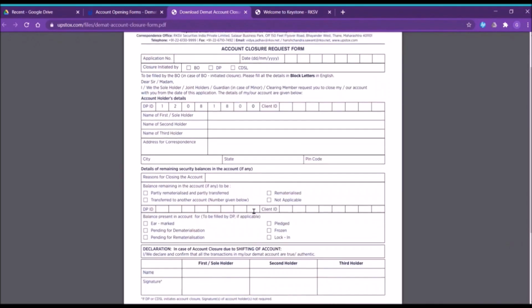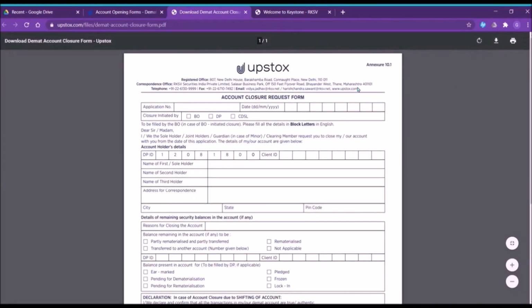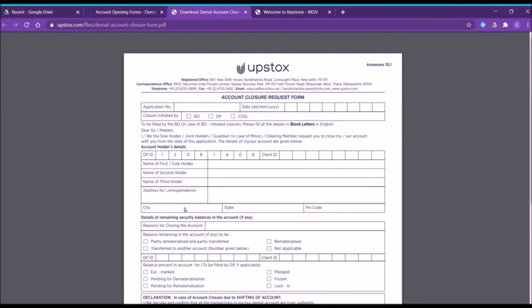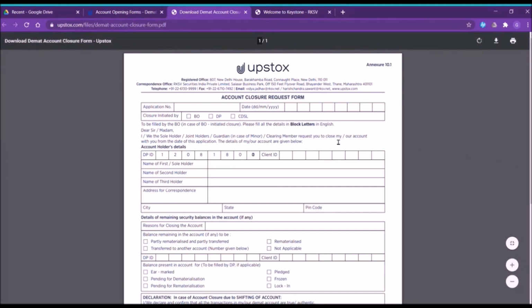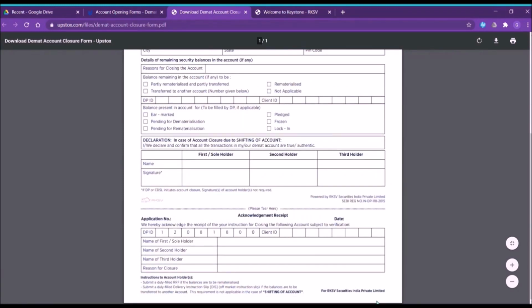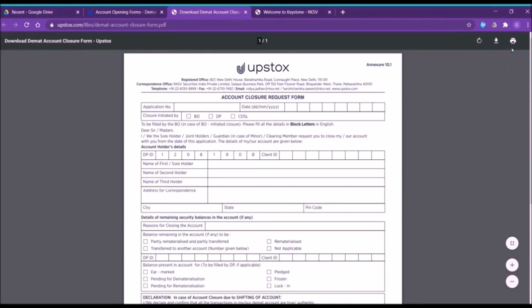If you wish to continue offline, just print it and write down all the details. Or if you wish to continue in the online process, just open with Drive. So online or offline, you have to post it to the given address.